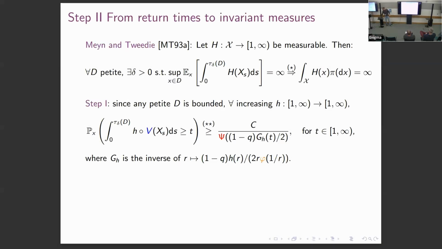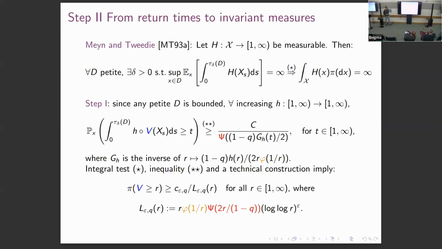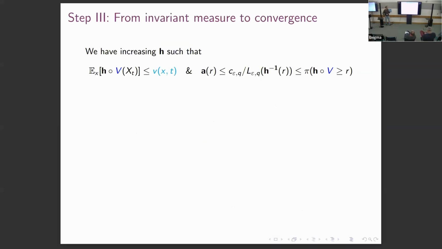And then using what we have just shown, and the fact that our approach is pathwise, this holds for all increasing functions H, we get the lower bound on the tail of the invariant measure. And then in the last step,